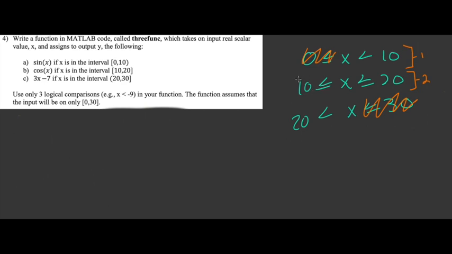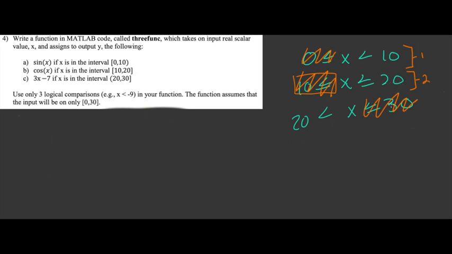We can actually take this logical comparison out, because if we say x is less than 10 at interval 1, that means the only other option x has is to be greater than or equal to 10 in the second interval. So this is actually redundant, because when you say less than, you're already implying the opposite exists in the second interval, which is greater than or equal to. So that's unnecessary. And we say x is less than or equal to 20, that's actually necessary,